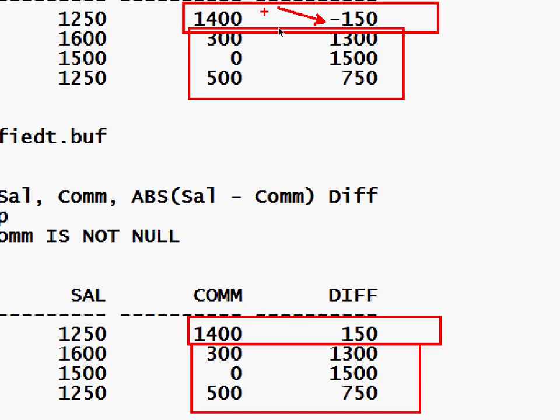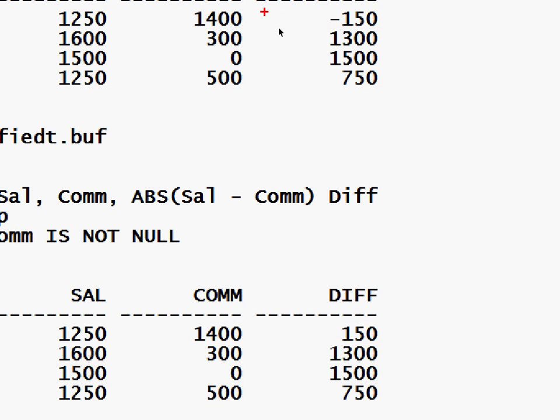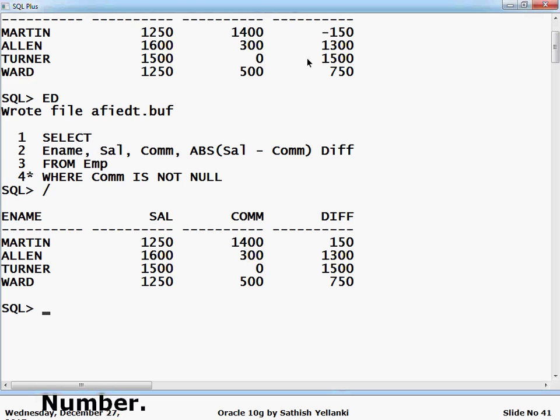That's the reason your brain is thinking like that, and not only that, in academics also they say the same thing. But in academics what they say is only to make us understand; in practicality we are not converting any sign here. We are just considering the value but not the sign. Try to understand that. So when I want the absolute of any particular operation that I am conducting,